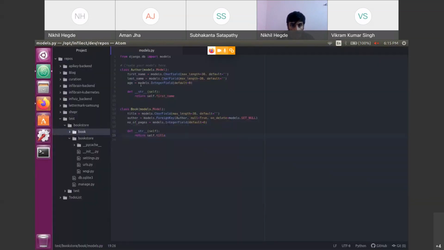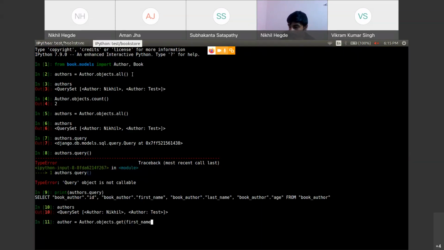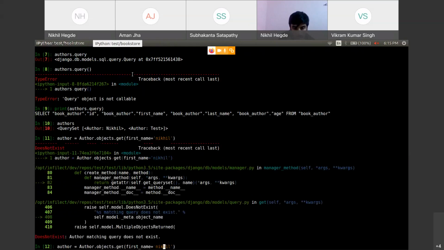I'm showing you the actual model also. So I'm querying the author table with the first name attribute. First name equal to Nikhil. I guess it's capital Nikhil.